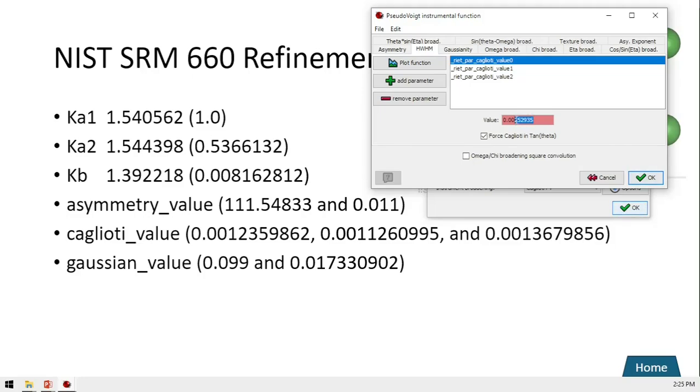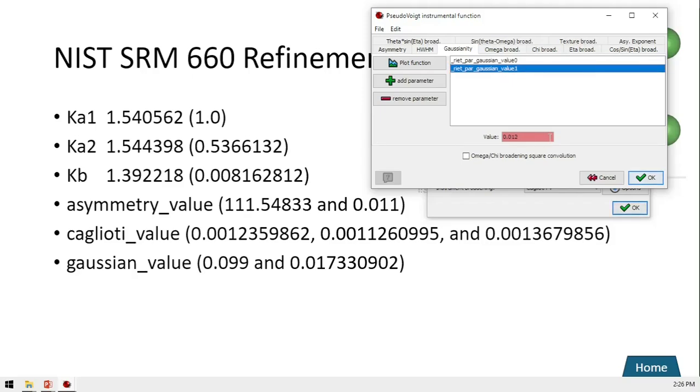The first value is 0.12359862, and the second is about 0.0011260995, and the third is 0013679856, and also I will fill the Gaussianity, which is 0.09, and the second is 0.01730902.